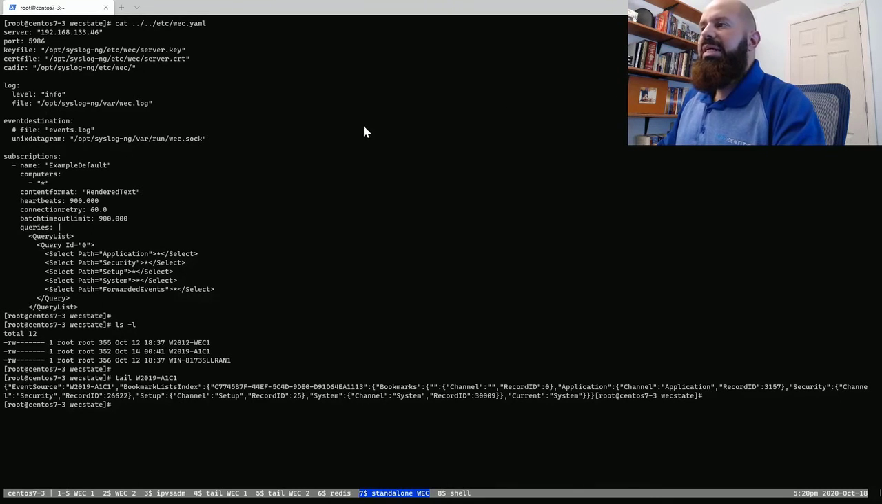So this here is the YAML file that defines a subscription. Windows will have a list of one or more collectors that it will contact and then provide logs to through WinRM according to the subscriptions defined in this YAML file. So you can see here,